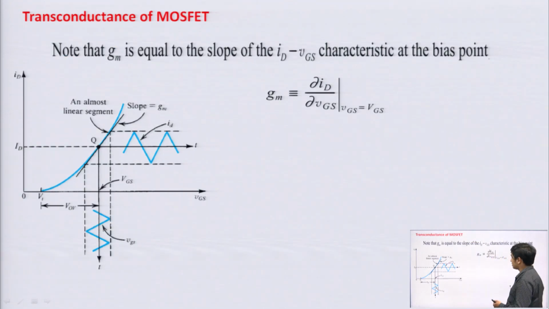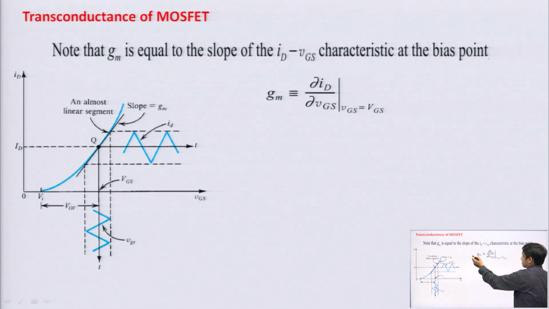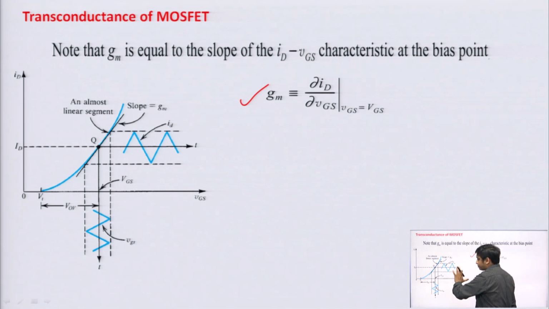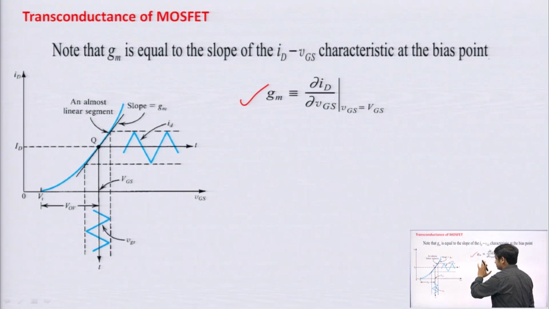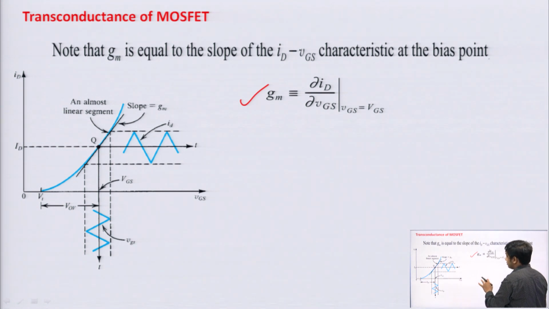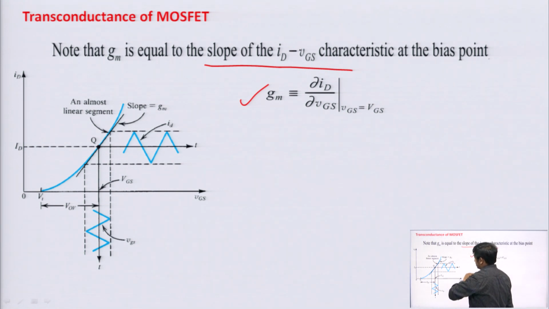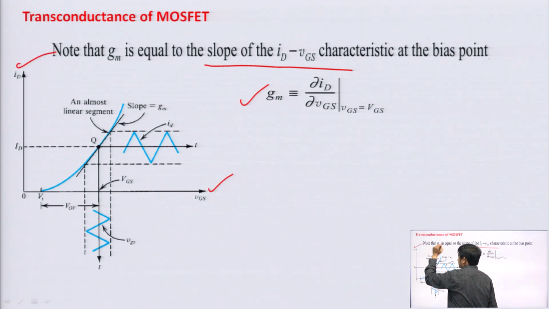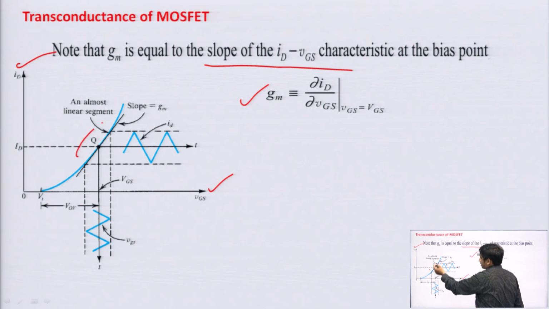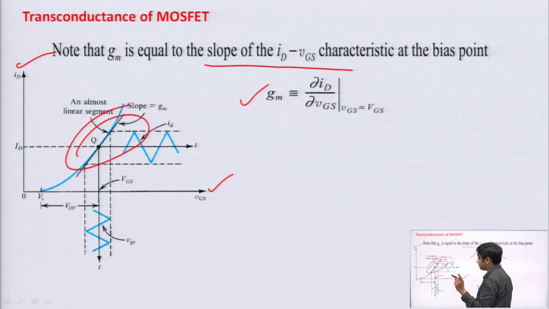So, the transconductance, this term is your output current upon input voltage. We calculate it as the variation of the drain current with respect to the variation of gate to source voltage. So, with the help of this graph, we can determine the value of gm. This is called graphical determination of transconductance. In this case, your gm is equal to the slope of the ID-VGS characteristics. This is your VGS on the x axis, ID is on the y axis. So, when we calculate this slope, that is your gm, a very important parameter.